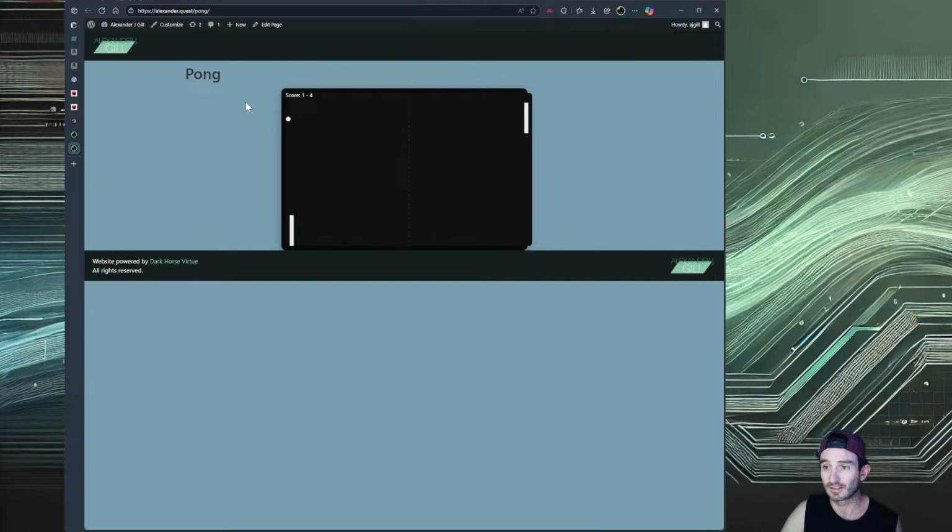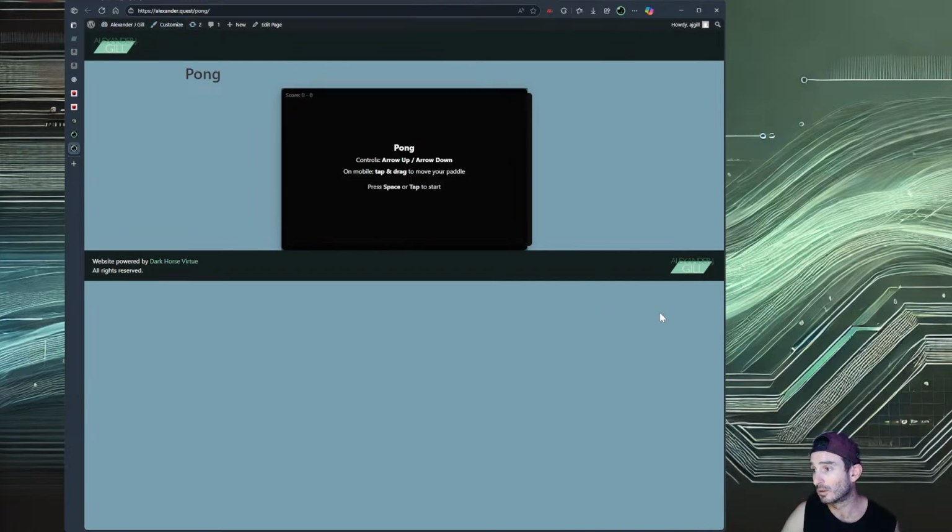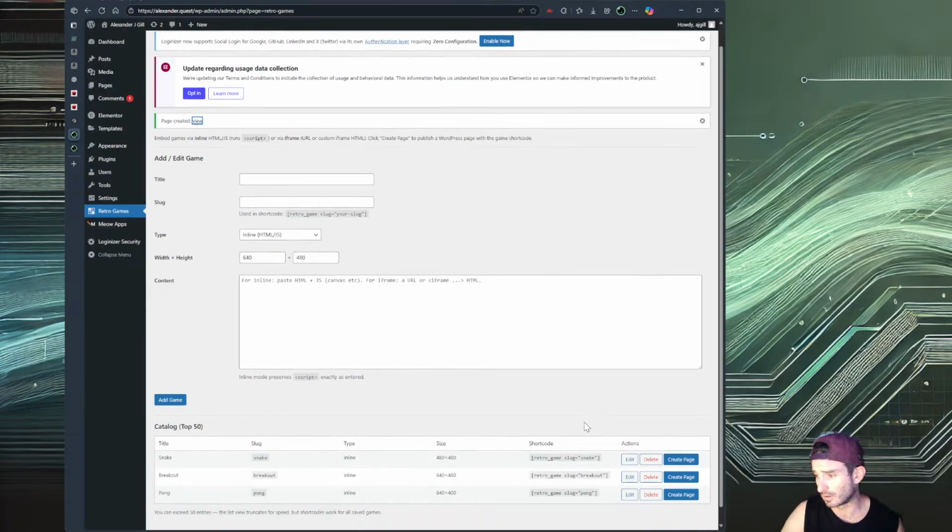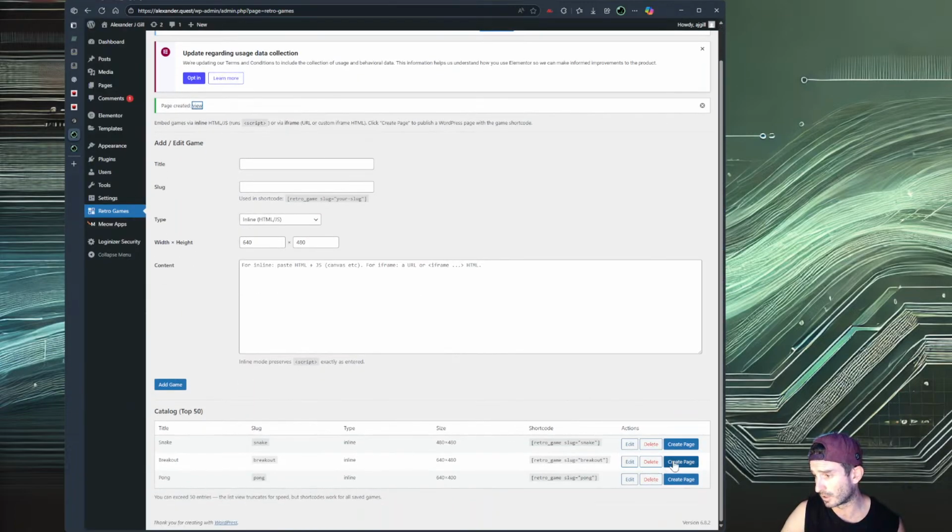Okay, let's test the other one. That's pretty dang cool. I'm not a super big fan of how it's being presented, but I think we can fix this. I think it has to do with, I don't know what it has to do with. Let's see. Breakout.